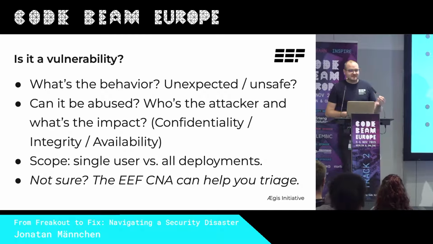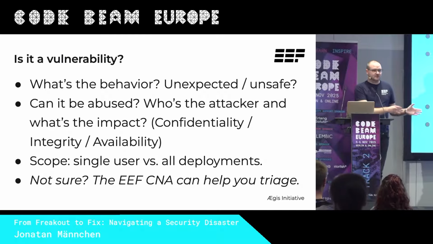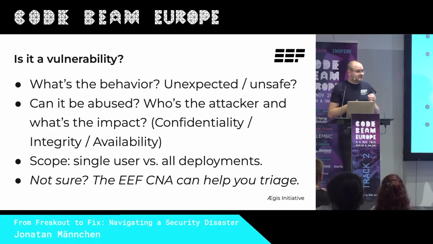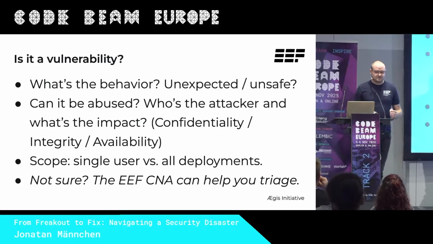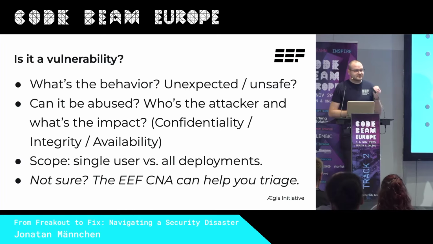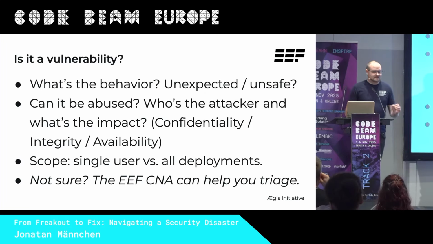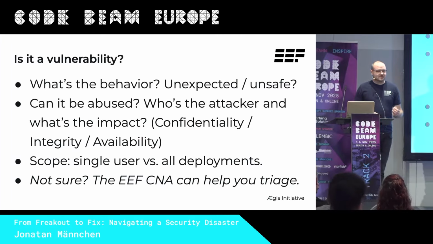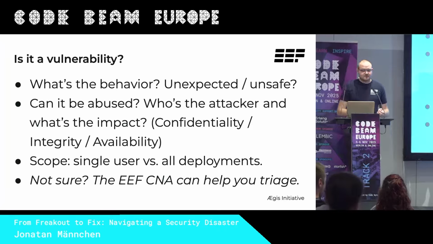Integrity could be a bad access check in an API that would let one user tamper with another user's data. And availability? In Erlang and Elixir, we even have a classic for that, atom exhaustion. If an attacker can force your system to create new atoms unchecked, they can take down your node in seconds. Or it could be as mundane as an unbounded search query. A clever attacker can send a pathological input that ties up your database for seconds or even minutes, starving everybody else that is trying to use that same connection.